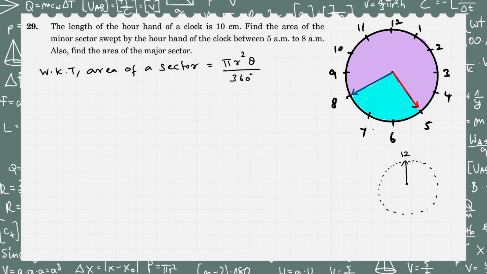So for a 3 hours duration, how do you know that there is a 3-hour duration? From 5 o'clock to 8 o'clock, both in the morning. So for a 3 hours duration, what will be the angle made at the center? That we need to find out. How can we do that? For 12 hours, the angle made is 360 degrees. So for 3 hours, what is the angle made? This can be done by the unitary method, right? That will be found by